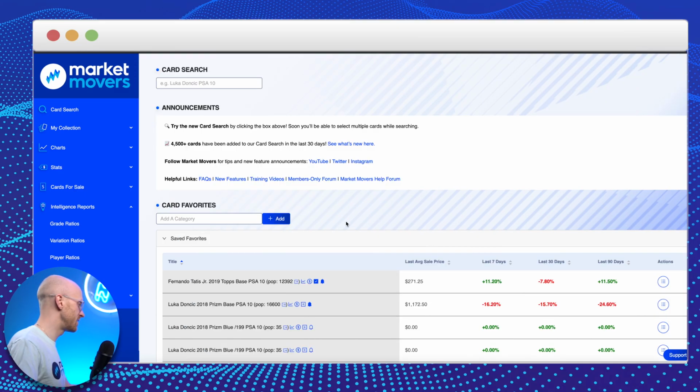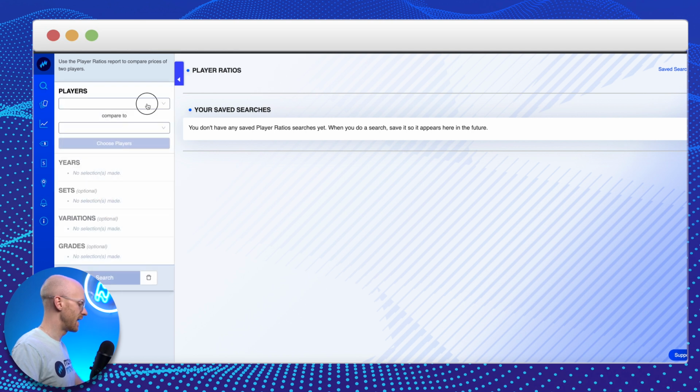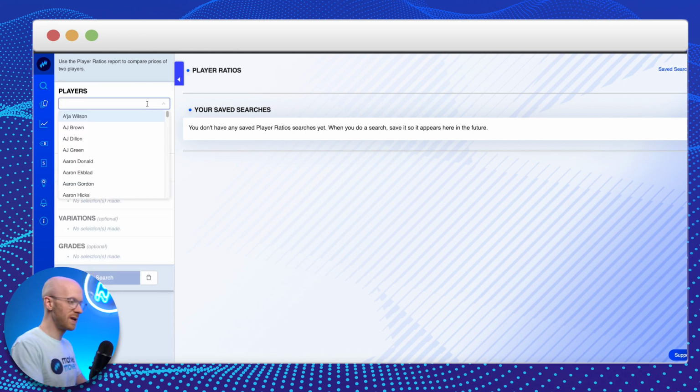In order to get to the intelligence reports, you go to your navigation bar and you'll find the intelligence reports section showing 3 different reports. One for grade ratios, one for variation ratios, and one for player ratios. And I'm going to start with this bottom one with the player ratios because this is actually one of my favorites. Click on the player ratio tab here, and what you can do with this is you can actually kind